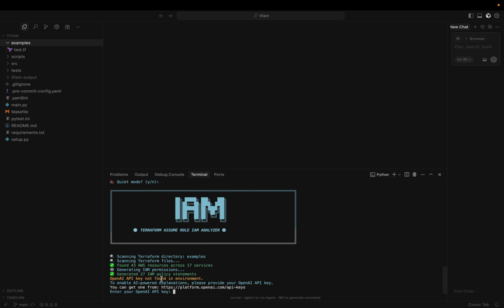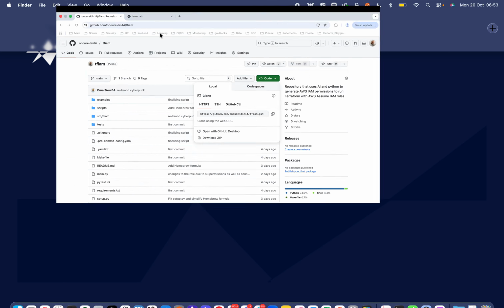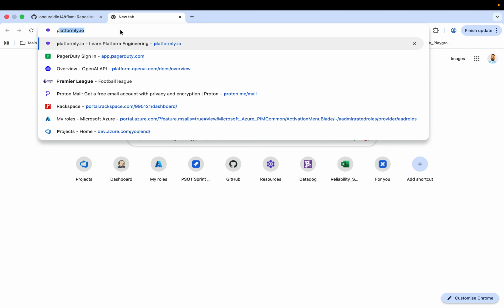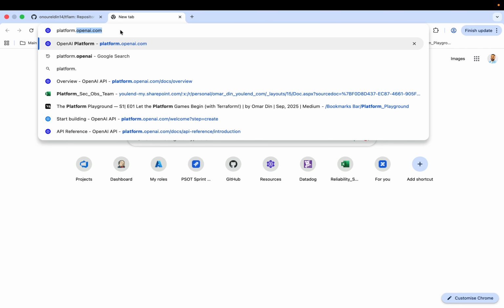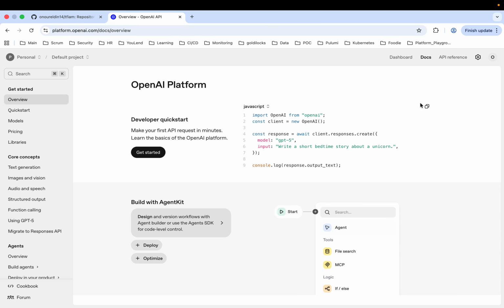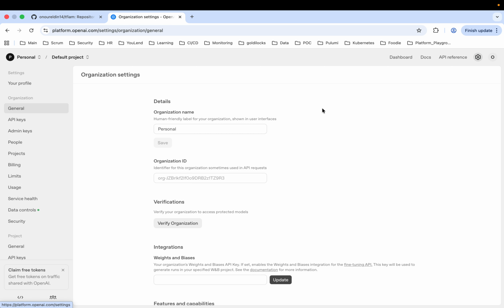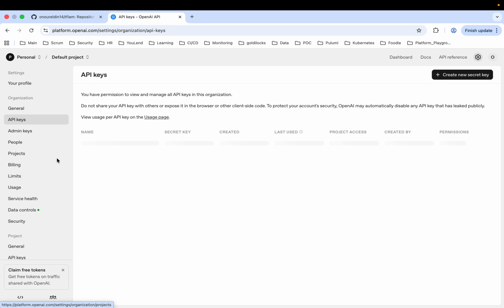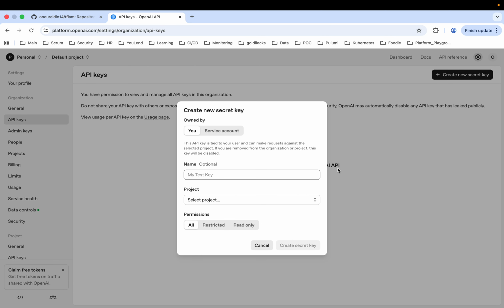From there, since I chose the AI mode, I have to provide an OpenAI API key, so I will very easily fetch one by visiting platform.openai.com. I will log into my user, which I already have, and from there I will go to settings, API keys, and then create new secret API key. For this one, I will call it demo, and I will scope it to this default project, and then I will